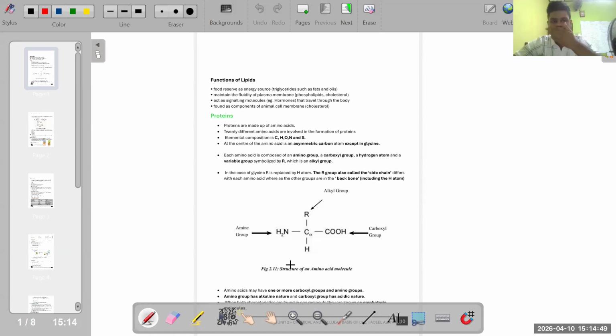Okay. Now I hope the last topic which we discussed was lipids. Am I right? So in lipids, we completed what are lipids, what are the characteristic features of lipids, and then we spoke about how lipids or fats are produced, what are the types of lipids, and then we understood what are the functions of lipids, right? So all of those were completely done last week, right? I hope that was the last topic we discussed.